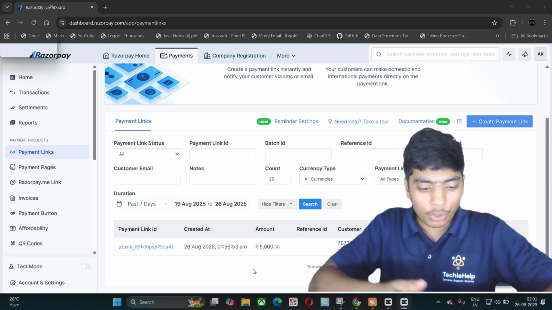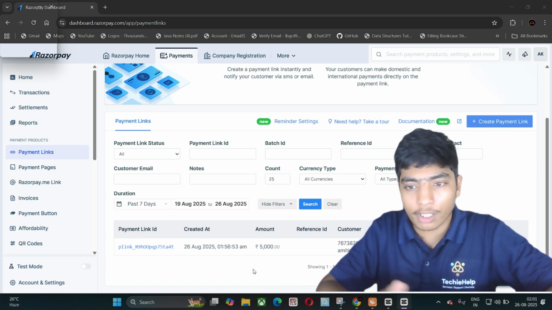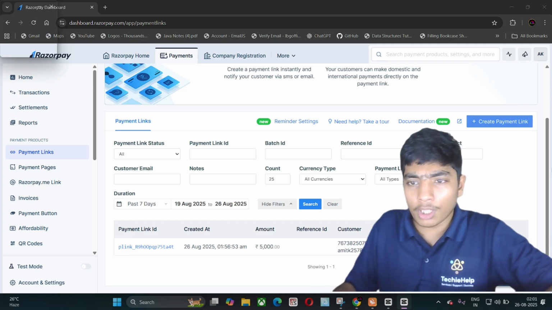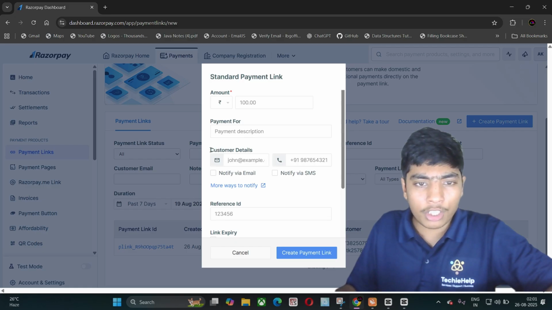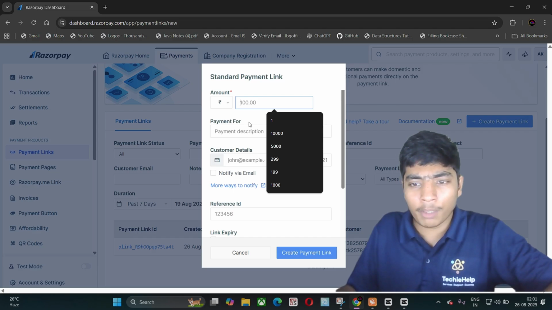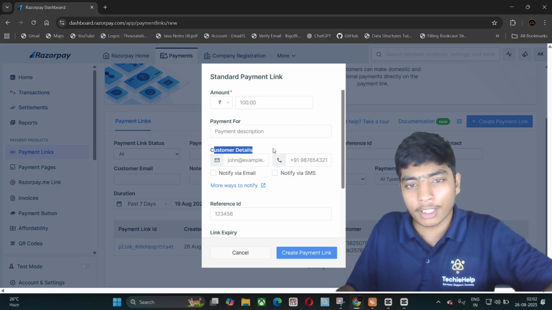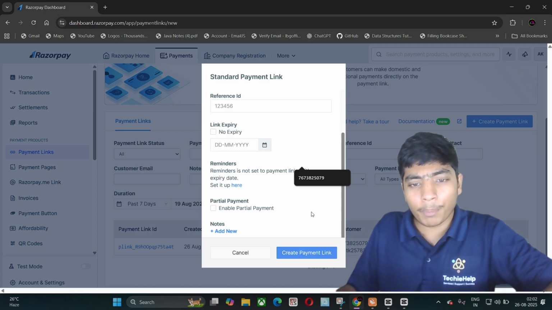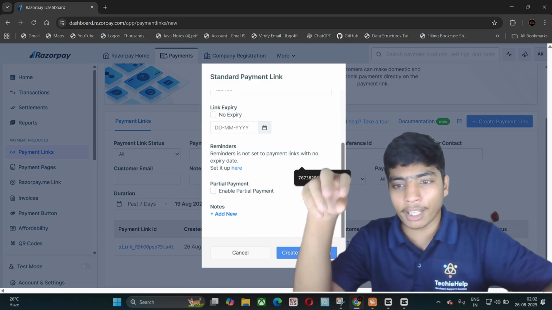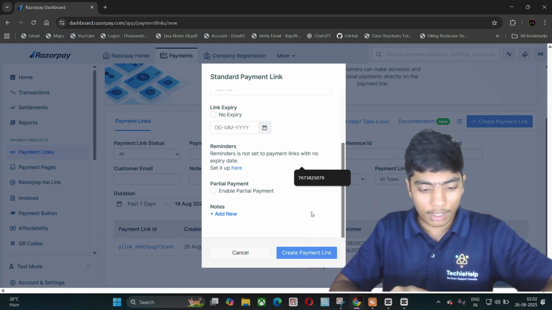Yeah, okay, so this payment link is not used directly on the web. In this, if I click on anything else, here you can see customer details. So if I write down any payment amount and write the description, and when I add customer details like email and phone number, then after that, when we create a payment link, it sends a mail and a message to the customer to pay the fees.